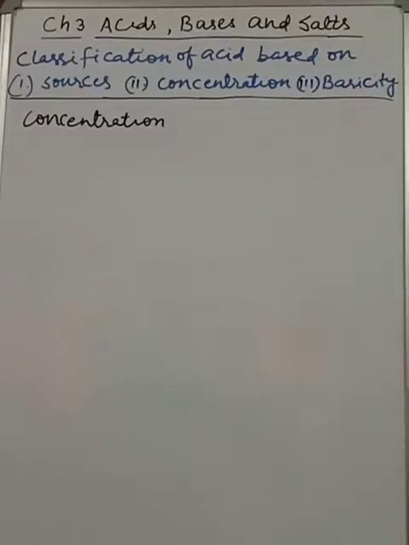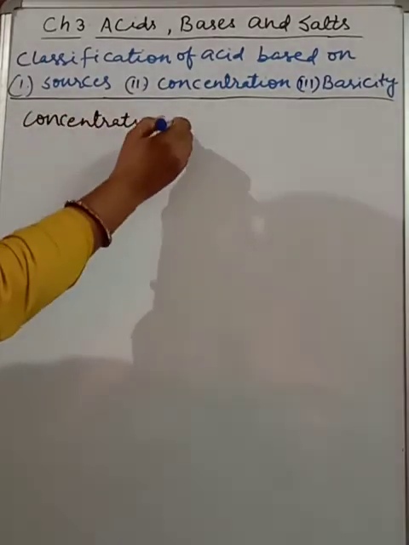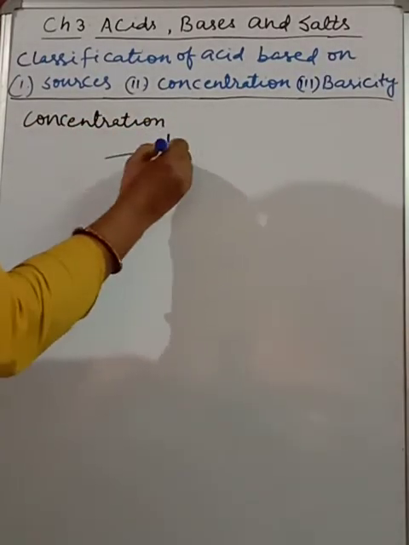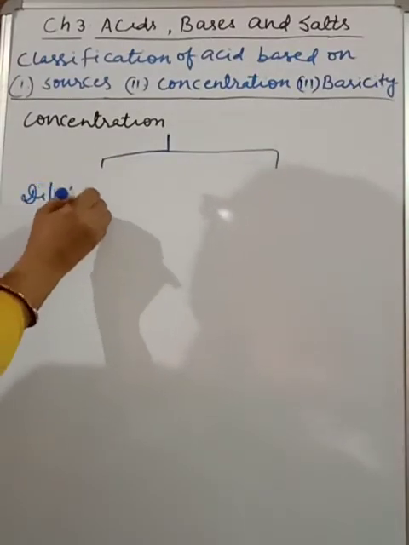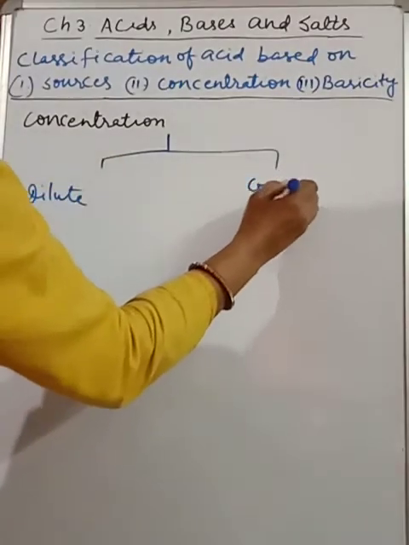Good morning, students. Let's begin today's topic, that is classification of acid based on concentration and basicity. So students, concentration is a word many a times you have heard. On the basis of concentration, acid can be divided into two parts: dilute as well as concentrated. Dilute and concentrated. In case of dilute acid,